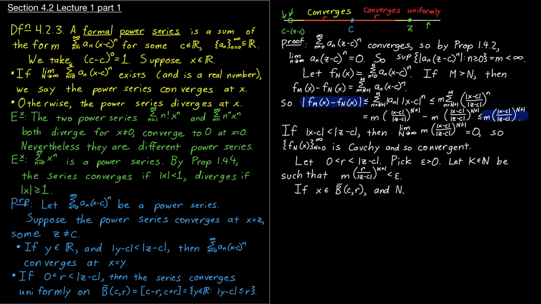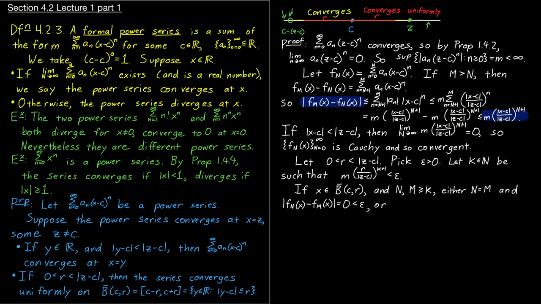And if n, m are both bigger than or equal to k, then either n equals m, the trivial case, f_n(x) minus f_m(x) is 0, which is certainly less than epsilon,